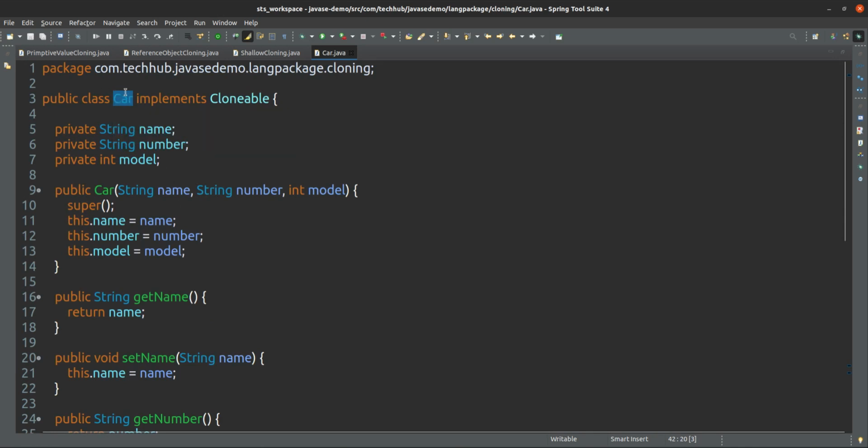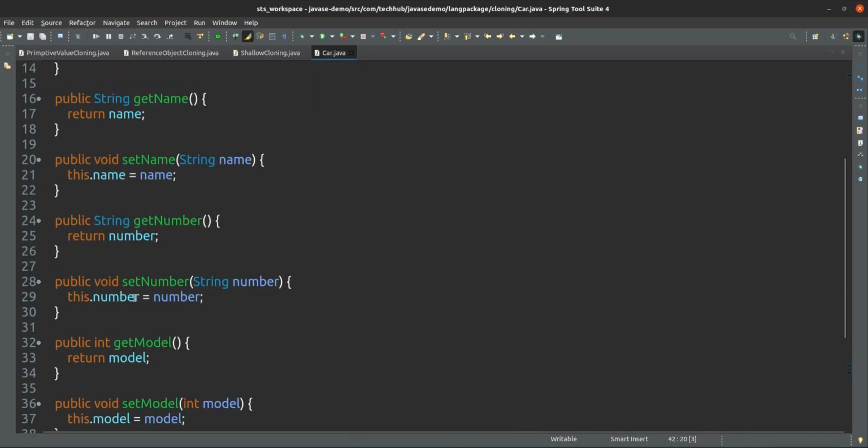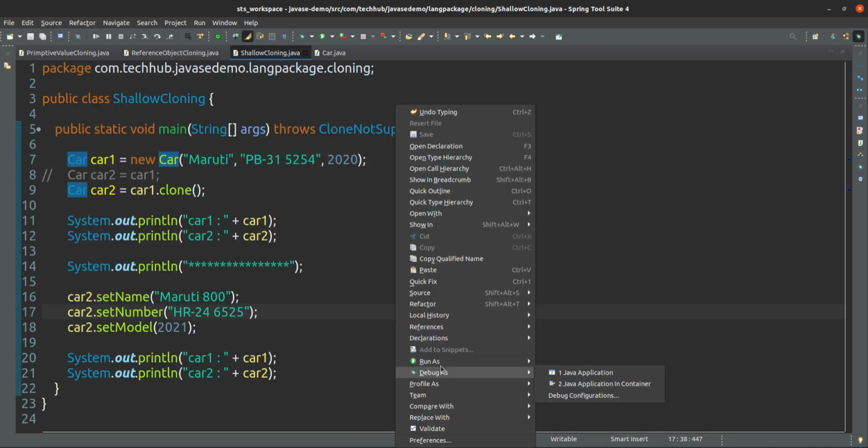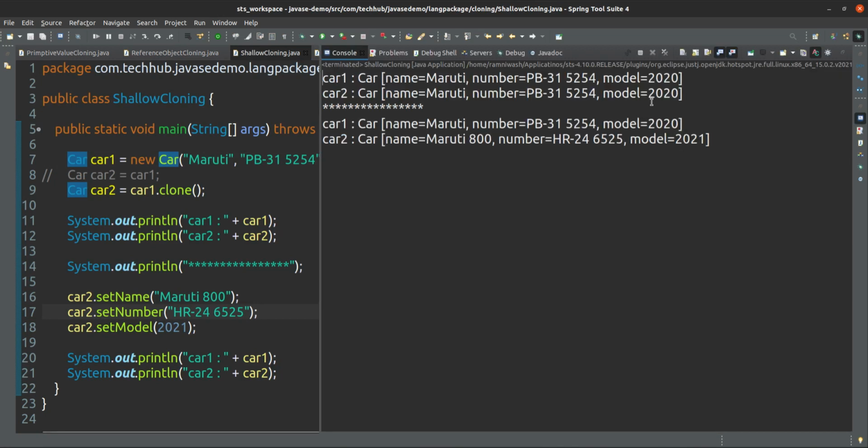Because the clone method I am calling from Car only, that's why the super type is Car. So it will return an object of a Car type. I am typecasting into that one and returning. And if I run this one, now you will see the values are not reflecting here, because that clone method is making the clone of the existing object by default. Okay, so this is called